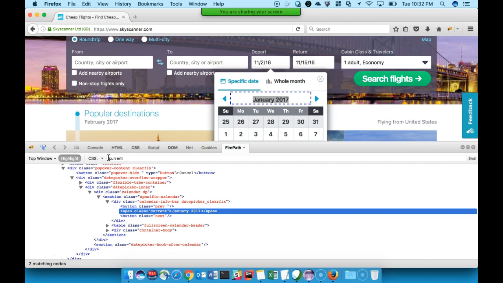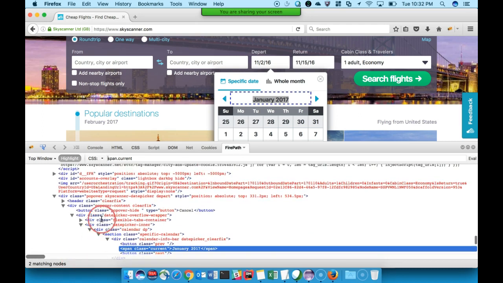So for this also we can use the same approach, span dot current month, beginning with div tag with depart as one of the classes, then a space. So now it gives us one matching node. This is an object which can tell us the currently selected month.